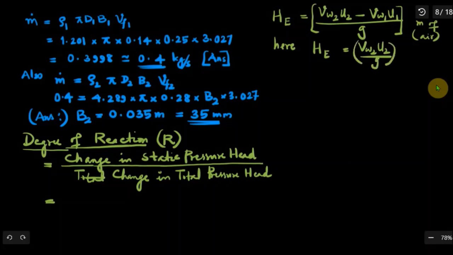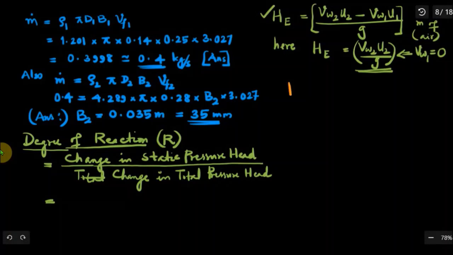Because this is VW1, the second part here. So this we use because VW1, the whirl component of velocity at inlet, is 0. We know it. So for the centrifugal compressor you can use it. In general, this is the expression you have to keep in mind if it is a power absorbing device. And now we can write in terms of other components. This we can manipulate, VW2U2 and VW1U1. And if you write a general expression,